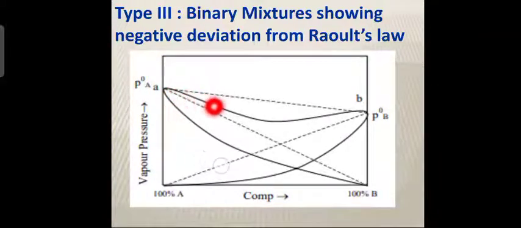But here in this case you will find negative deviation, that means lesser vapor pressure. If you go on decreasing the percentage of A, or in other words go on increasing the percentage of B, you will get a curve which is lower than that of ideal solution. You can see clearly in this graph. So, this is the lower curve, or in other words negative deviation. Similarly, here also negative deviation from Raoult's law. This also lower, that means negative deviation from Raoult's law.